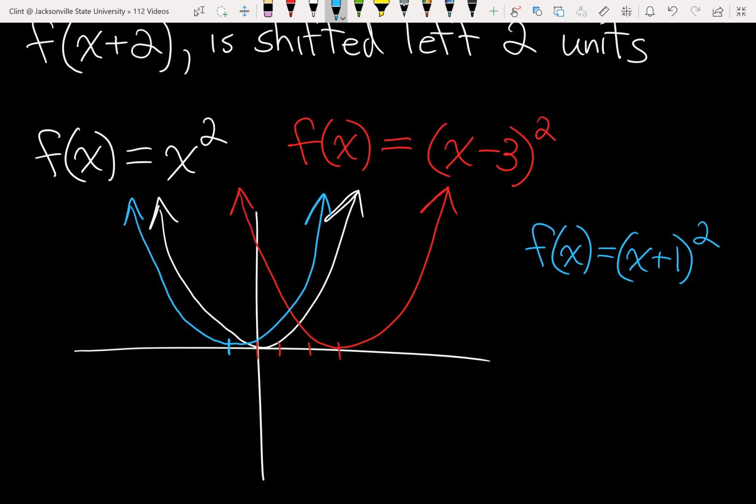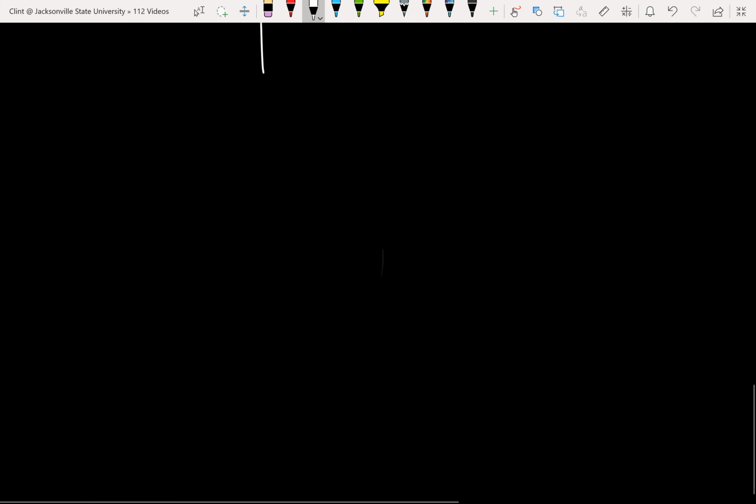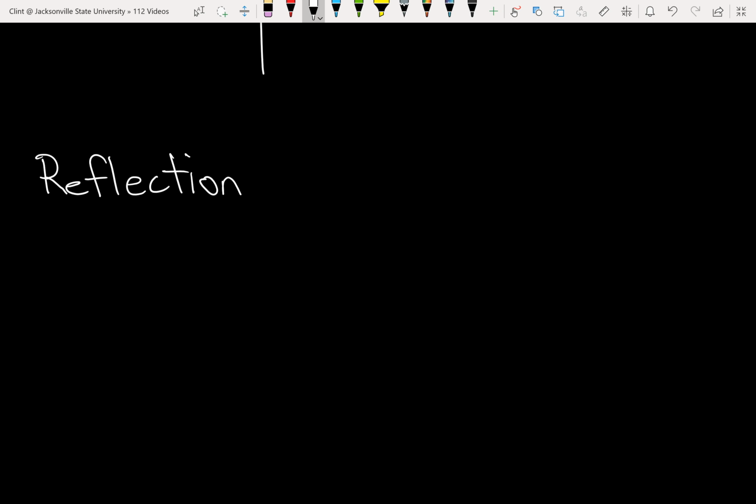What else can we do? Well, the next thing to talk about is flipping our graph, or the more mathematical term, reflections, right, like in a mirror. So again, if we start with our original function f of x, then one way we can flip our graph is to put a minus sign out in front of the whole thing. So we just put a negative in front of the whole function,